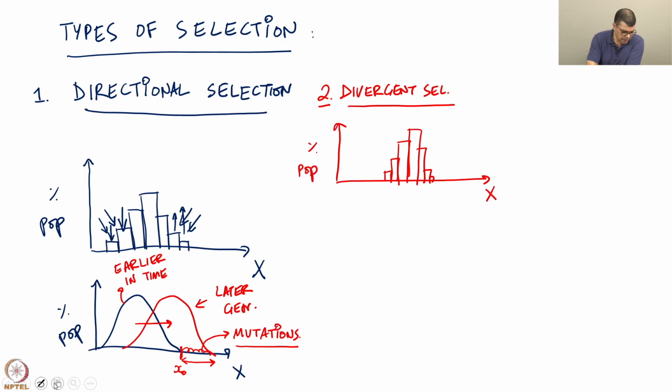So, an example that we can think of in this context is, let us say X is beak size, and at this point in the population, the beak size distribution looked like this, and the primary food that the birds were using to eat was fruits. So, an intermediate beak size was very good because it was just convenient to poke holes and peek into the